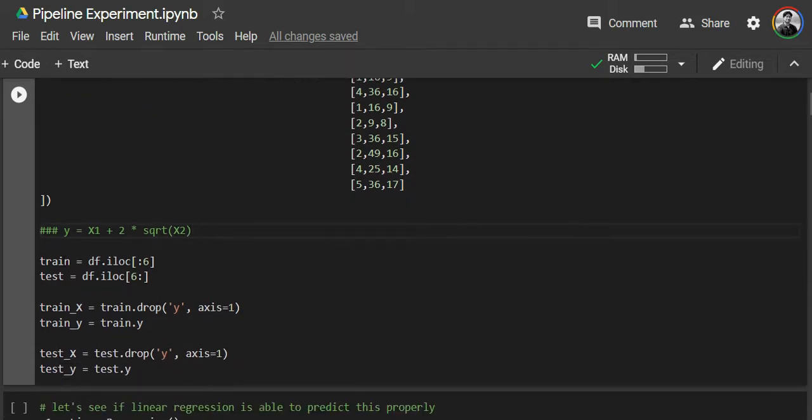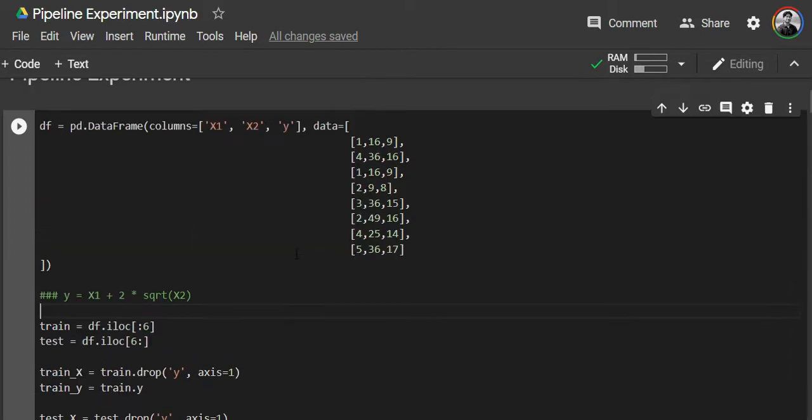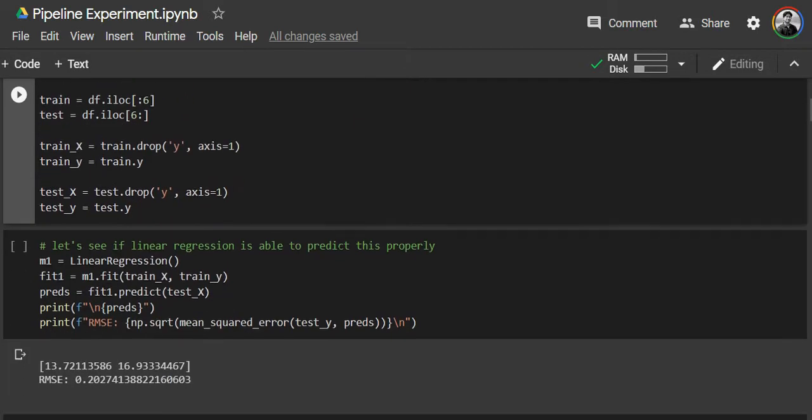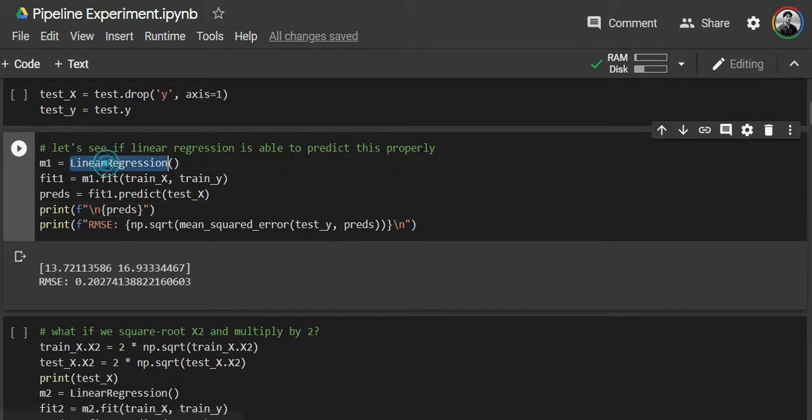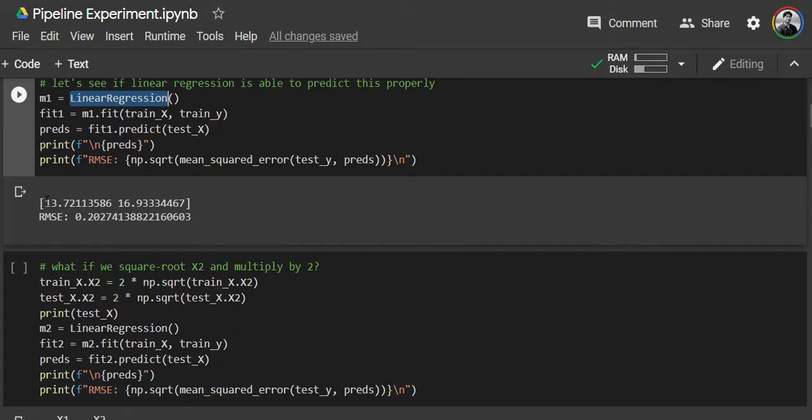So let's split it into train and test. The first 6 records till here are going to be used for training and the rest two are test data. What we need to predict are these values 14 and 17. So we'll pick up a very simple linear regression model, no customization, and try to see what the predictions are. Instead of 14 and 17, it predicts 13.72 and 16.93, which is not bad,